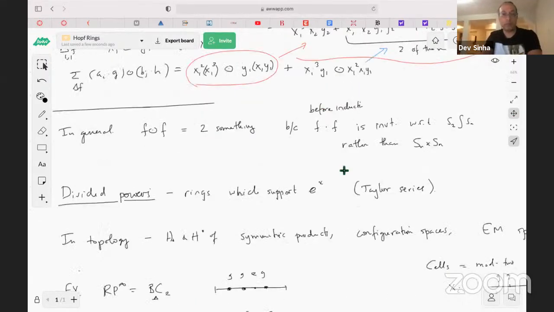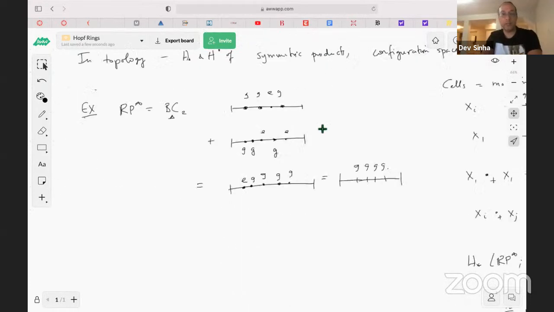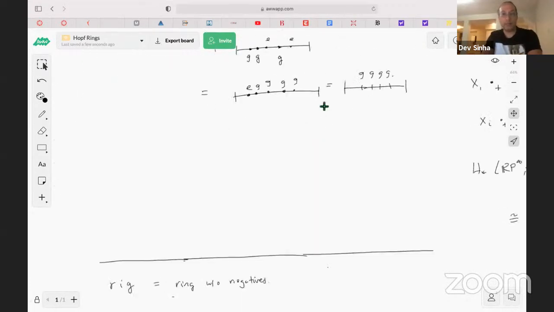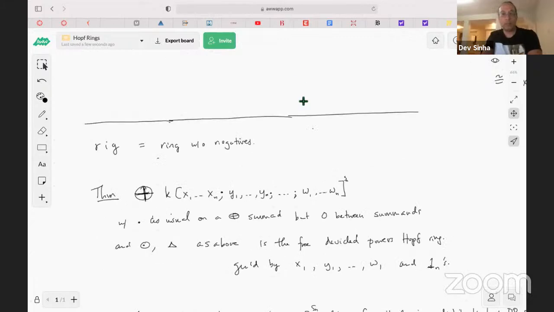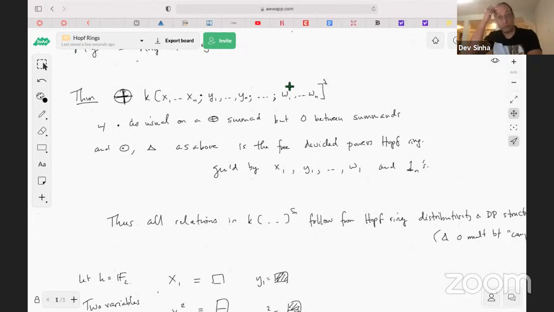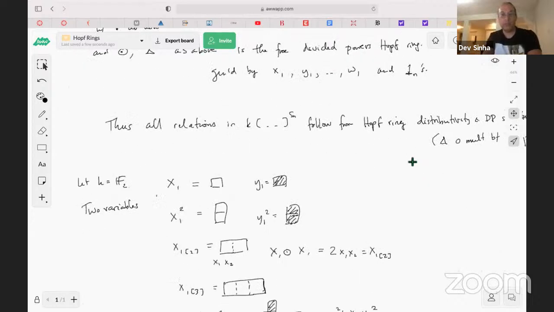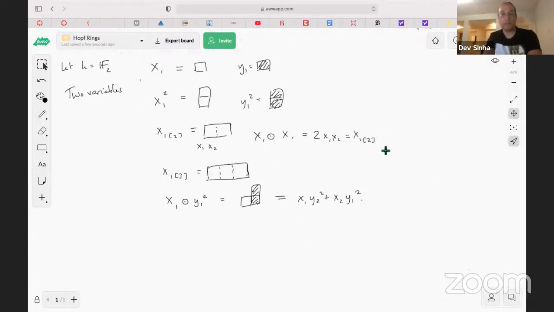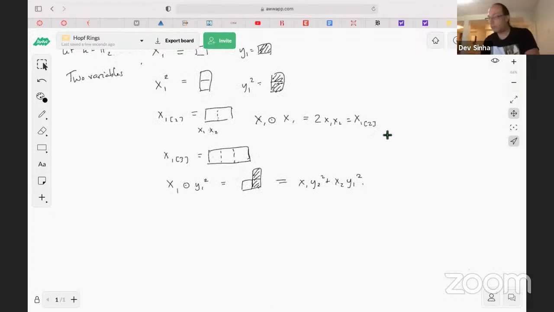Hopefully this is enough to appreciate that this theorem tells you how to multiply symmetric polynomials. It gives you an additive basis. So let me just say a couple of final words. Hopf ring distributivity implies that you can